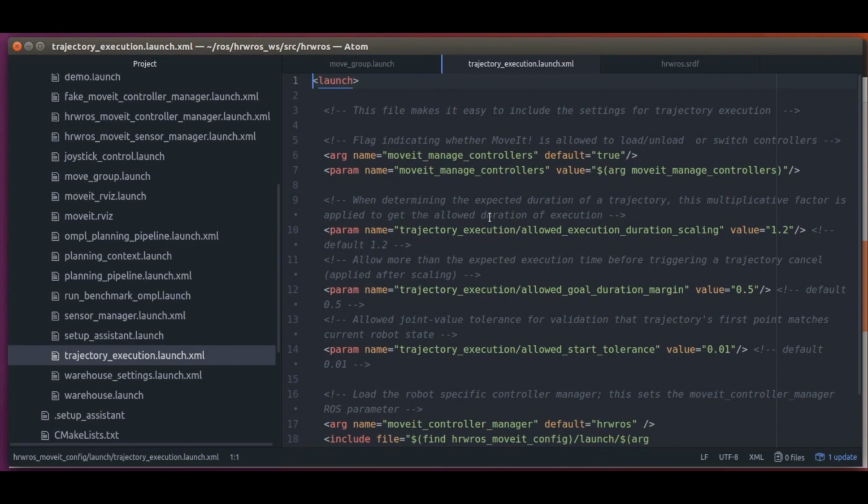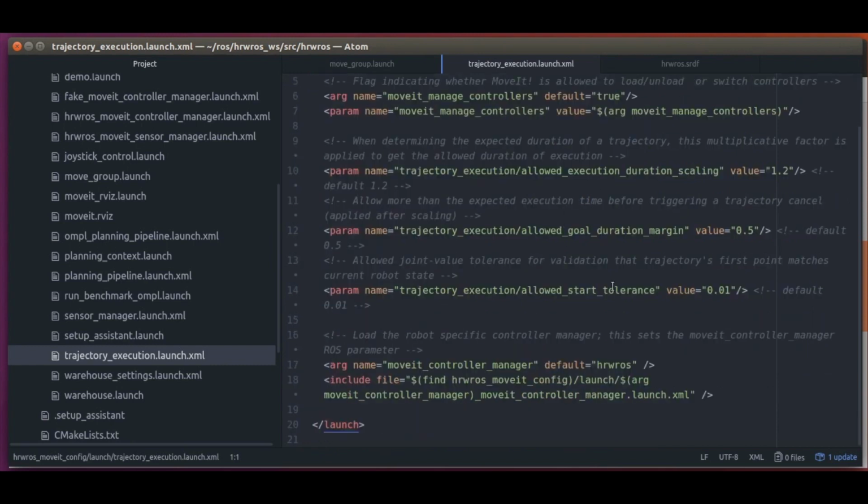And that's the purpose of the moveit_manage_controllers parameter. The rest of the parameters here are related to trajectory execution tolerances, and their details are beyond the scope of this course. But let's definitely look at the controller manager settings to understand how MoveIt manages trajectory execution.